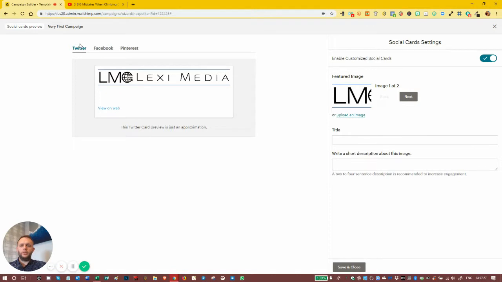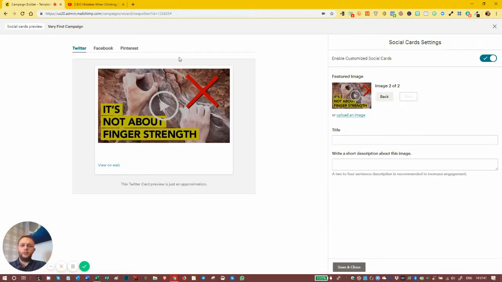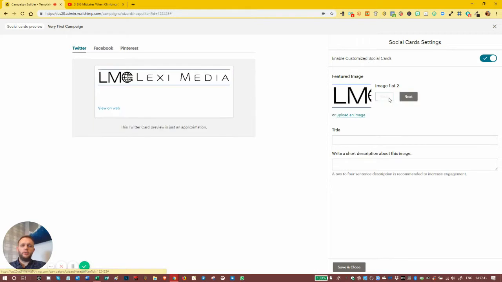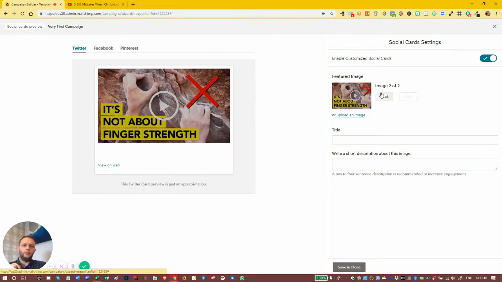So Twitter, currently what it's doing is picking up the first image, and it's showing us a preview of what it's going to look like as a tweet. So what we can do is change the image to make it more relevant out of the images that are in the campaign. As you know, we've got the logo image, and then we've got the image that it's taken from YouTube. We can put a title in here saying monthly newsletter,